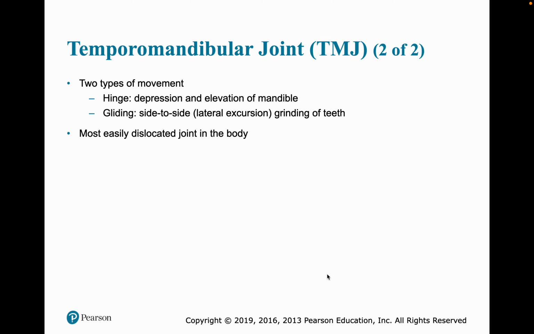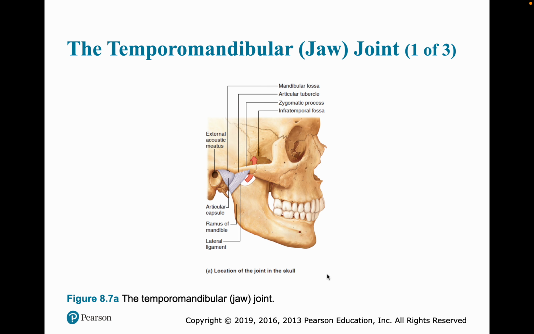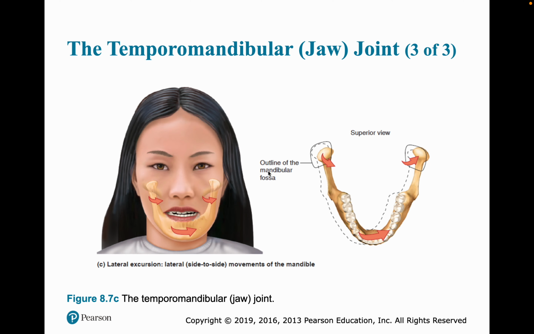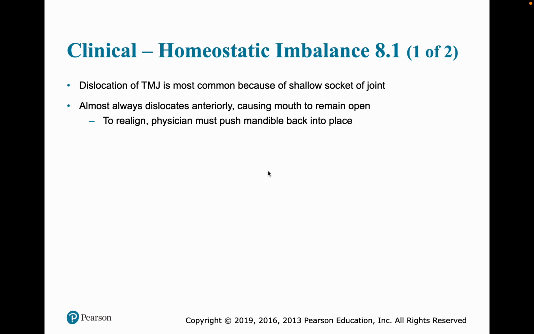We all have a temporomandibular joint. Some have problems with it. We see it here. And here is our side-to-side movements. And up and down. So here, dislocation of the TMJ is the most common dislocation because of the shallow socket